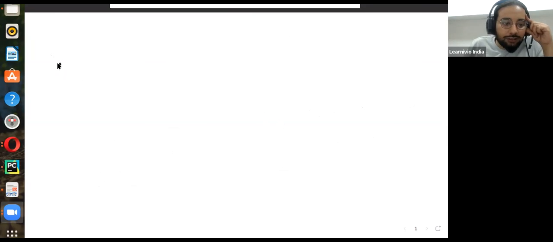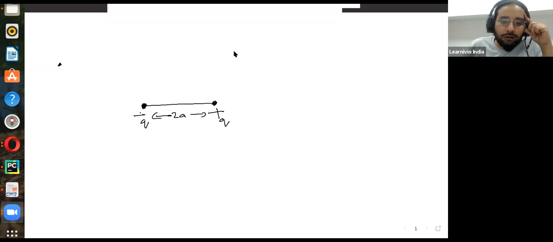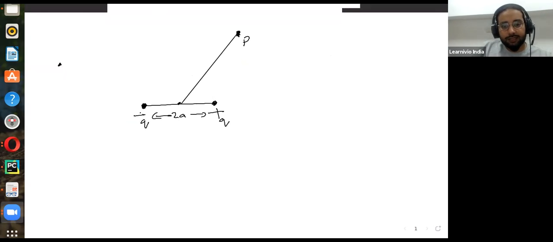So let's continue on this journey. Let's think about a general situation now, where you have a negative charge and a positive charge, both charges, let's call them Q, again a distance away. Now we want to figure out the field at a general point, let's call this point P. Let's say from the center, the distance to this point P is some R. R is a nice character to use for distances because it denotes radius.